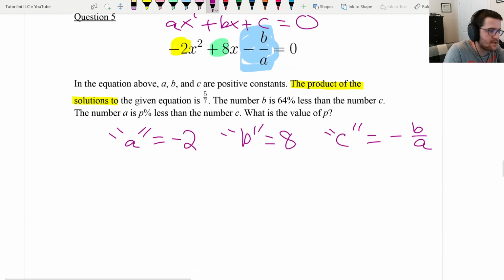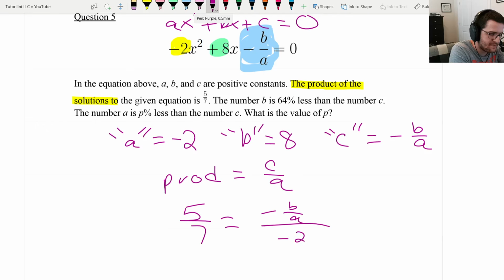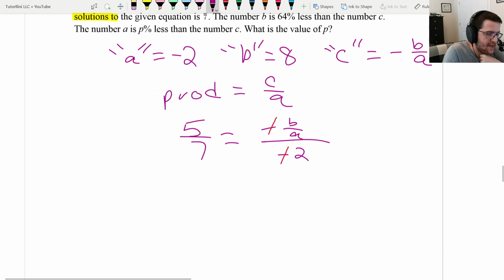Okay, so the product of solutions is c over a. So they tell us that the product is 5/7. So let's plug that in. And then c is negative b over a. And then a is negative 2. So these negatives, negative divided by negative is positive, those cancel out. And then b over a, that's just